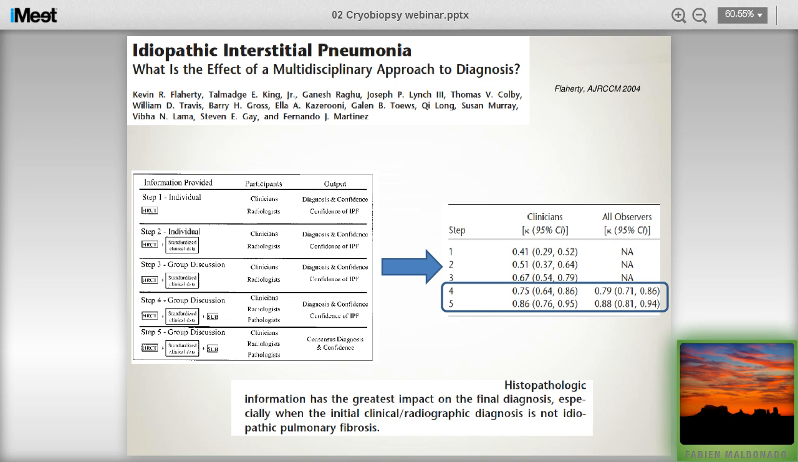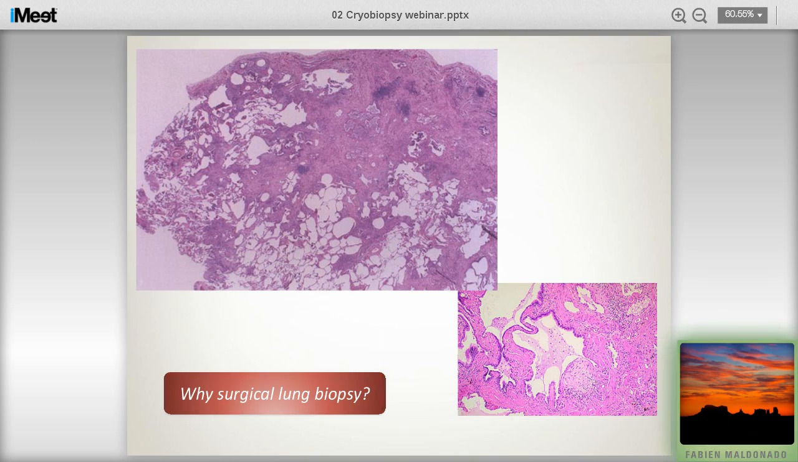In spite of this multidisciplinary discussion, the histopathologic information still has the greatest impact on the final diagnosis. So the idea that having this multidisciplinary discussion somehow obviates the need for histology is not accurate. Next slide, please. Now, we're talking about surgical lung biopsies as opposed to forceps lung biopsies or bronchoscopic biopsies for